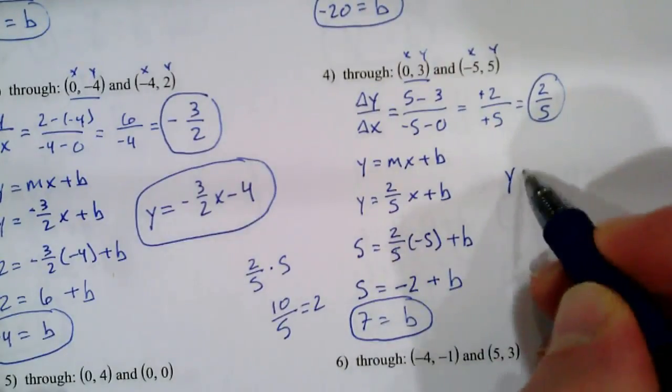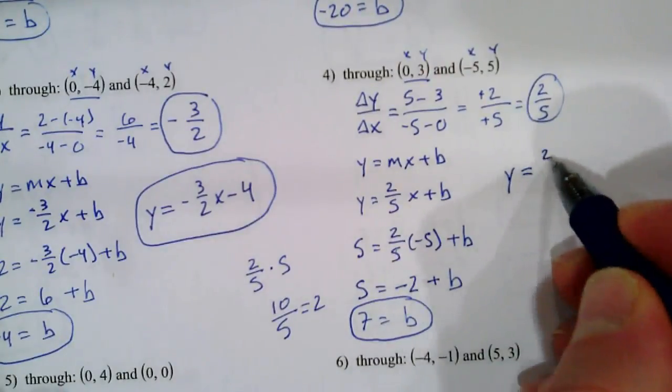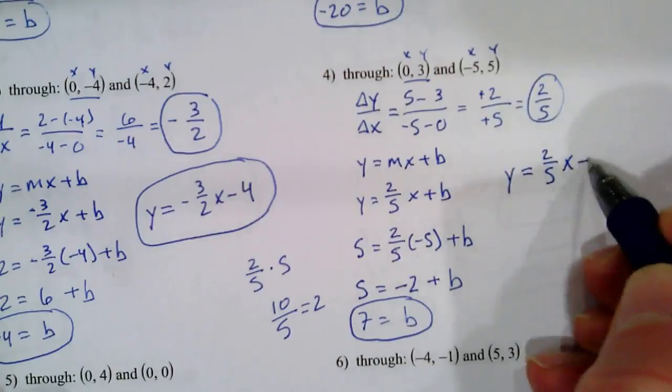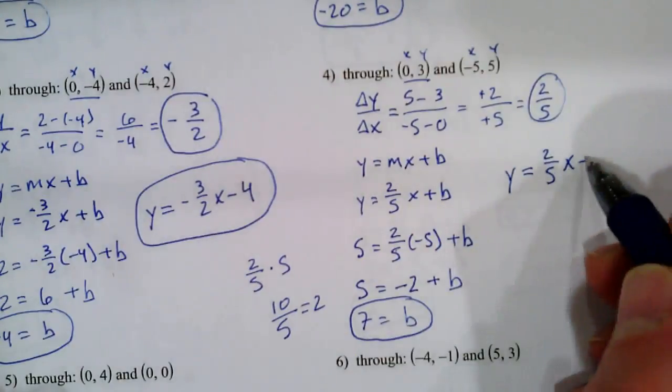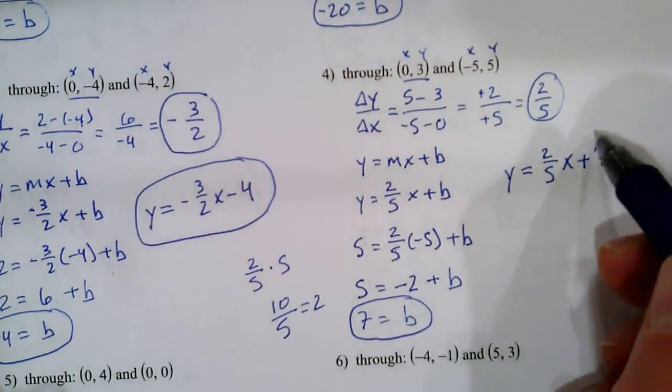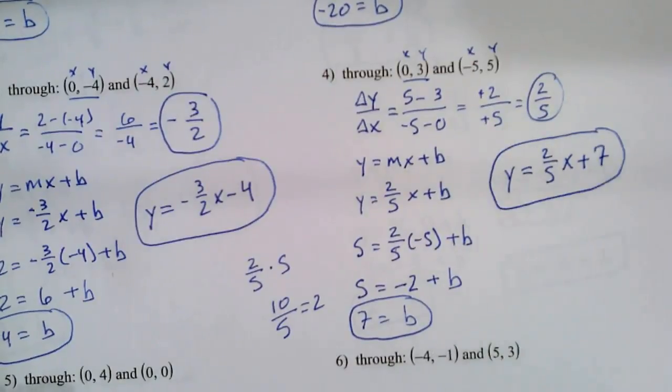Now we just write our equation out. Y equals m, that's 2/5, x plus b, and it's a plus positive 7. And there's our